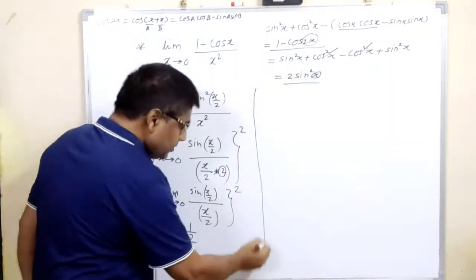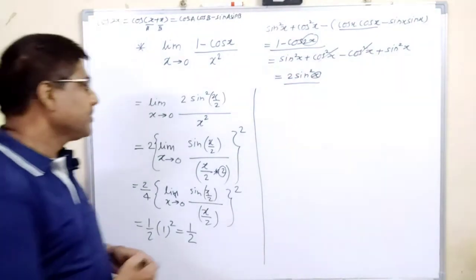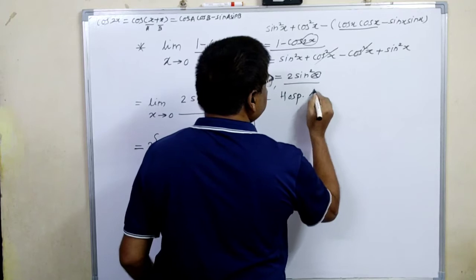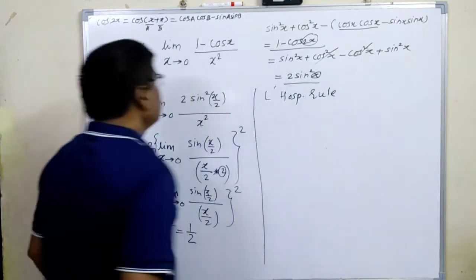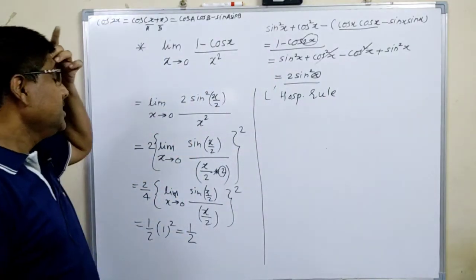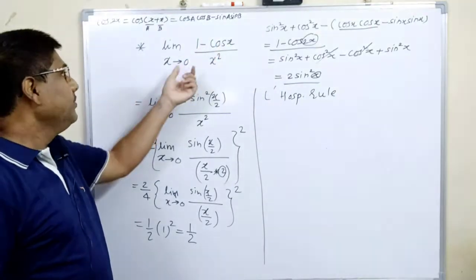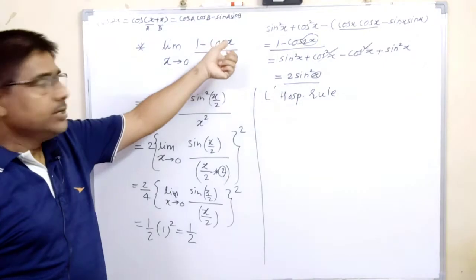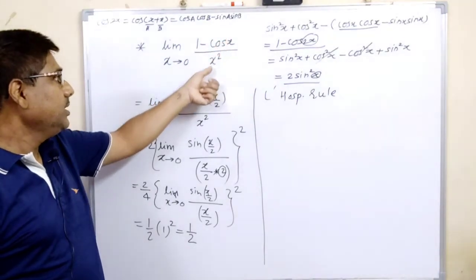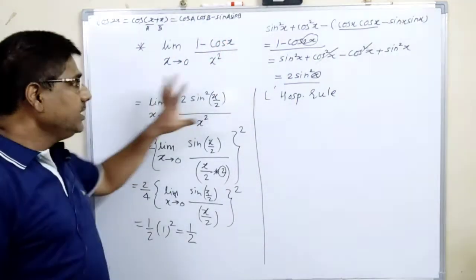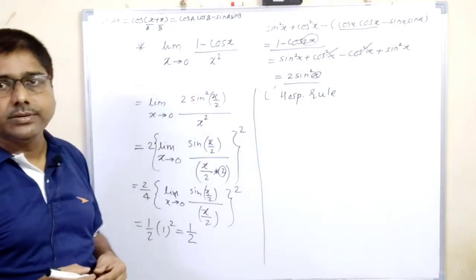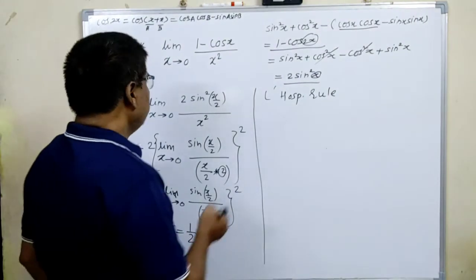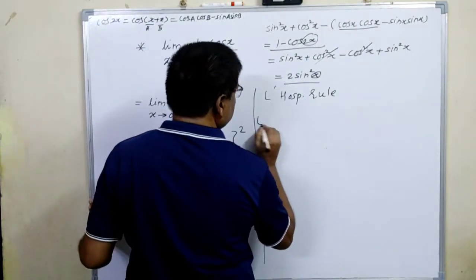This can be solved by using L'Hospital rule also. As here this is indeterminate form. If you put the value of x 0 here, cos 0 is 1, 1 minus 1 is 0 divided by 0. Therefore, in this case, while using L'Hospital rule, we have to differentiate numerator as well as denominator. Therefore, limit L is equal to